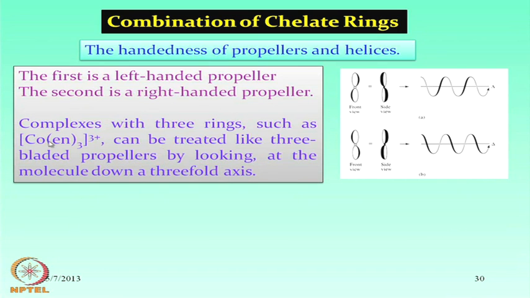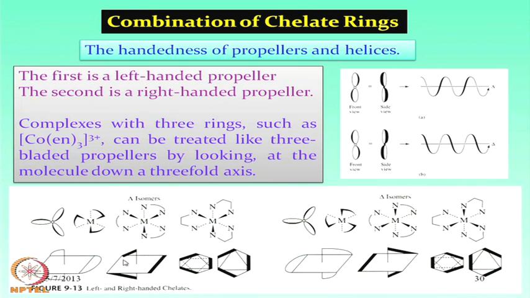So, we already discussed all these things: the cobalt tris(ethylenediamine) has three-bladed propellers, looking at the molecule down the threefold axis. What we have seen is that we can consider these blades, this one, or this one. When we consider the connectivity from this side to this side, and this to this, it is in the counterclockwise direction. So, we have the lambda isomer,